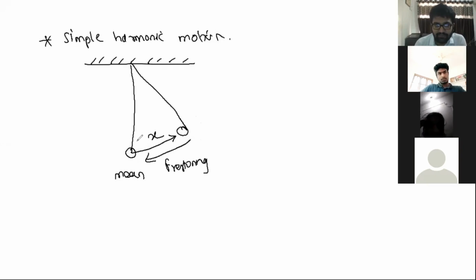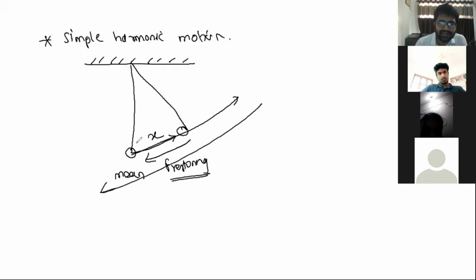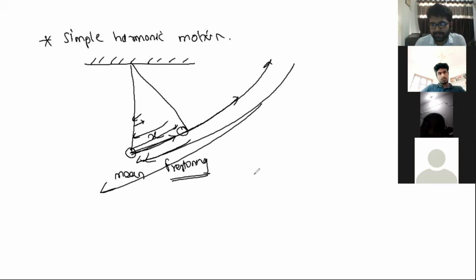It is quite obvious. If you displace it towards the right, then there will be a restoring force which will try to restore the particle towards the mean position, F restoring. And tell me one thing: more the displacement, more will be the restoring force, and less the displacement, less will be the restoring force. If you displace it by a larger amount, then it will come back very strongly. But if you displace it by a very small amount, then it will come back very slowly. Correct? So can I simply say more the displacement, more the restoring force, less the displacement, less the restoring force?